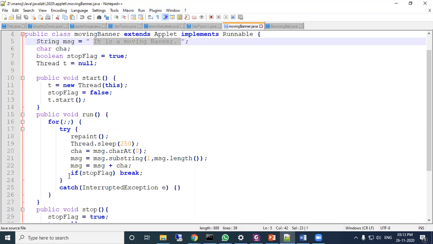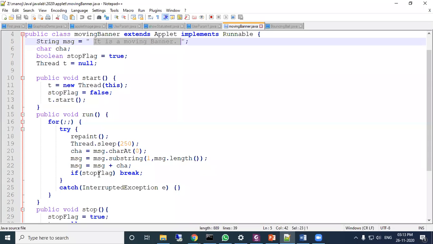After that, if stop flag, what is the stop flag value? The stop flag value is false here. This run method is called at this point. If stop flag is true, then break.